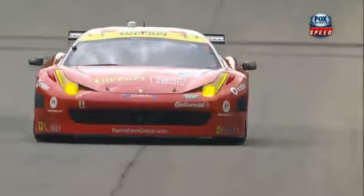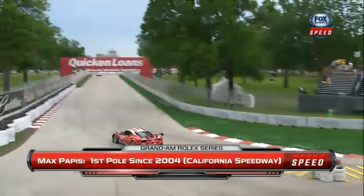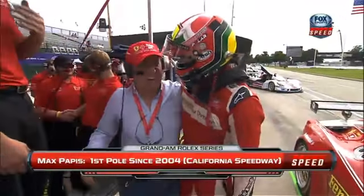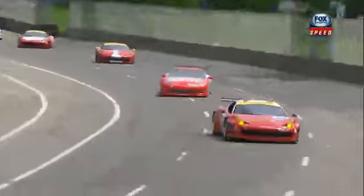Well, Brian, you talk about those American V8s, but 3 of the top 5 are that iconic red Ferrari, and it's Max Pappas getting his first GT pole and his first Rolex pole since pairing with Scott Pruitt back in the 2004 season. And he had a little bit of good luck on his side this week, and I'm sure a lot of race fans remember the story from last week. Alex Zanardi lending Indy 500 winner Tony Kanaan his Paralympics gold medal from 2012. Well, he lent it to good friend Max Pappas this week. That good luck charm helping him with the pole yesterday and hopefully helping he and co-driver Jeff Siegel get a